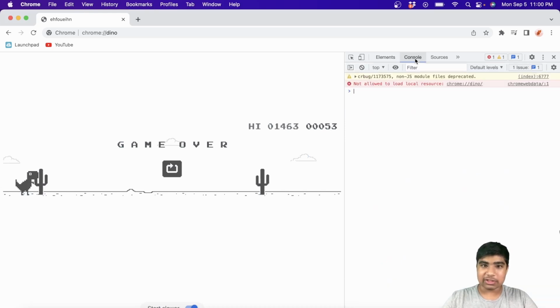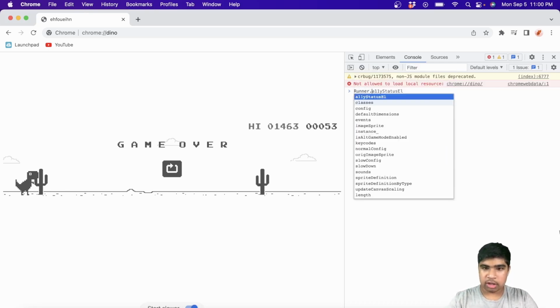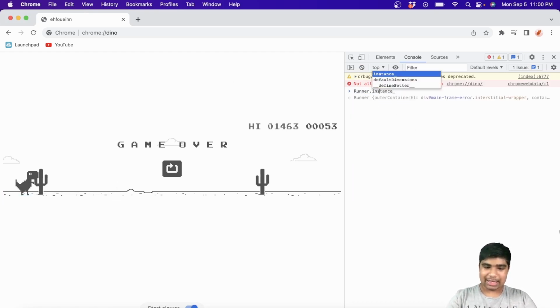So if you go up here to console, you can see that after this angular bracket, you can then type whatever you want. But of course, you can't just type anything. It has to be code. More specifically, JavaScript. So we're going to type runner, which is calling from this specific game. So runner.instance_, and then we're going to dot